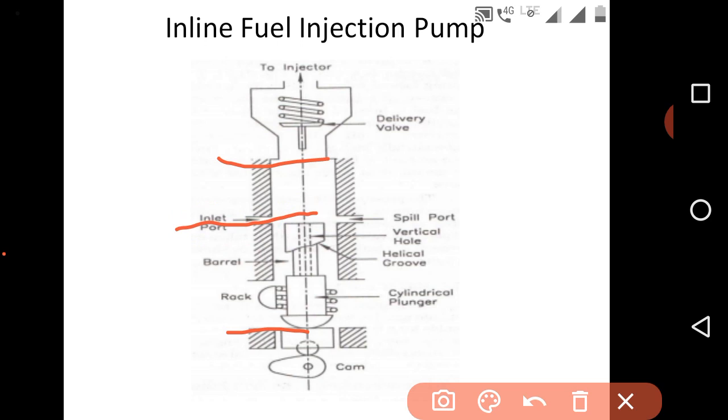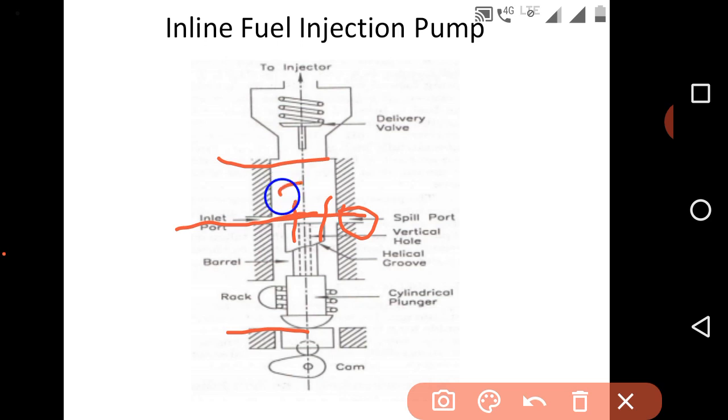as it moves up towards top dead center, it closes the inlet port and the spill port. As it closes the inlet port and spill port, the plunger keeps moving upward.